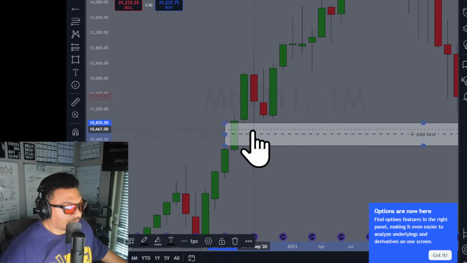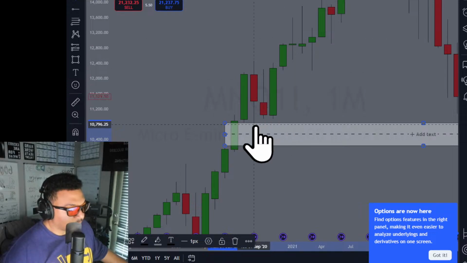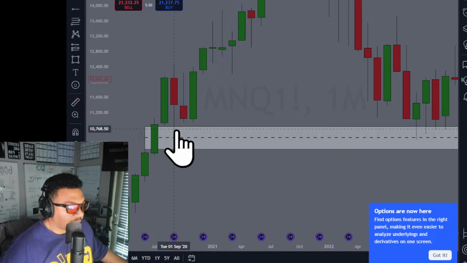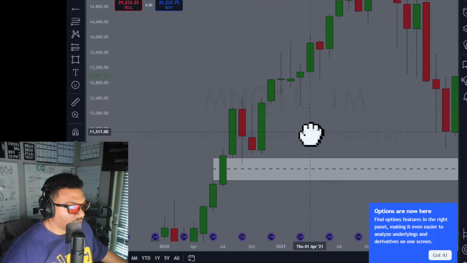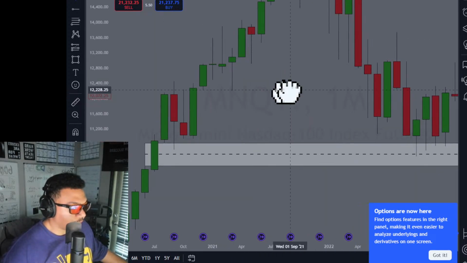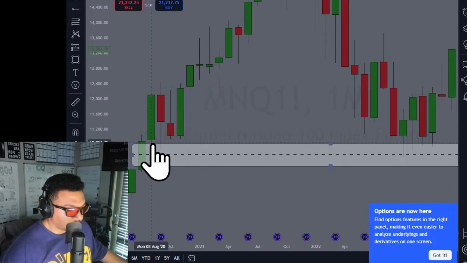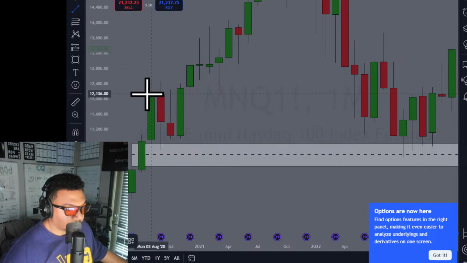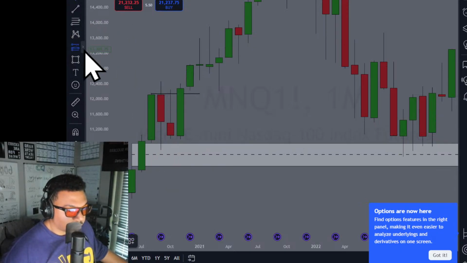Price came back in and tapped in right here. That is the same type of trade as over here, where we came back to an imbalance and then we sought external liquidity. So internal to external. Even if you just looked at this as internal and right here as external on this lower, smaller candle, that itself could have been a trade as well. And to frame the trade, this is a tool where you can go long and short, just to hypothetically give you a concept of how the money would work.